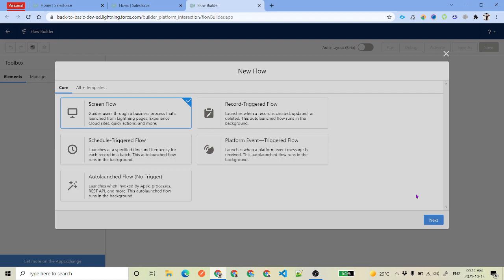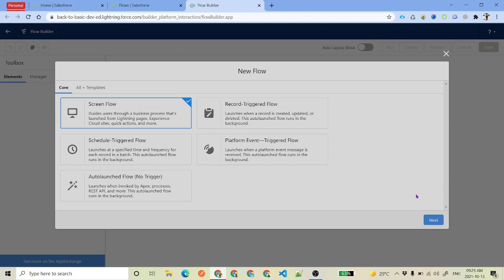So the scenario we are going to take is, this is very important: to create a record in any business or in most scenarios. As a developer, you are going to create a record, and you are either using some sort of process builders or flow builders, or you are using Apex triggers or Apex classes. So here we will see how we can create a record without writing a single line of code.